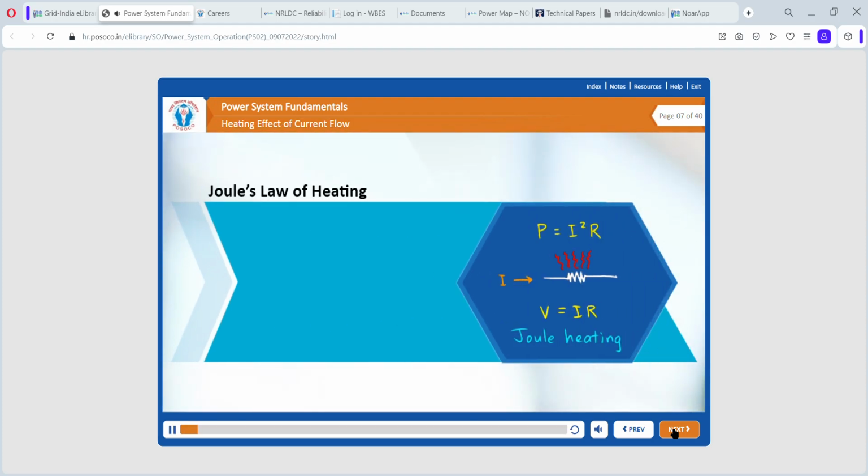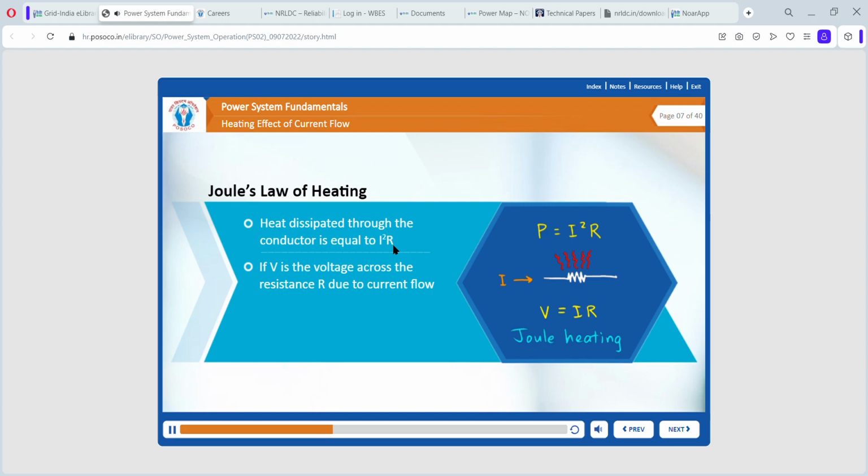We know that when current flows through the circuit, it has to work against the resistance, which further develops heat. Heat dissipated through the conductor is equal to I square R, where I is the current flow through the circuit and R is the resistance. Joule's law is a mathematical description of the rate at which resistance in a circuit converts electric energy into heat energy. It states that the rate of production of heat by a constant direct current is directly proportional to the resistance of the circuit and to the